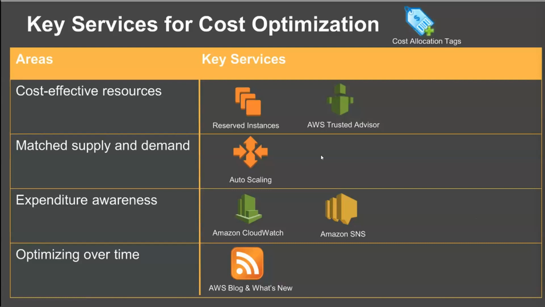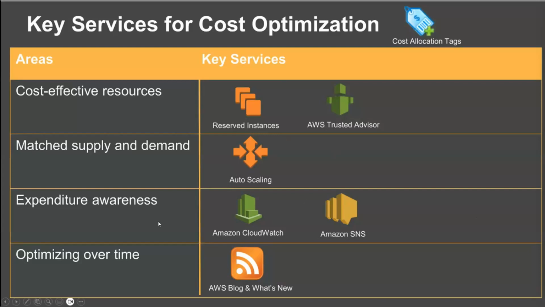So what an EC2 Optimizer does is it checks your workload running on the EC2 instance. It looks at the CPUs, the RAM, and the storage, and it will advise you if your instance is under provisioned or over provisioned. Then it will give you a recommendation of the right instance to use, and definitely that will help in cost optimization. Then definitely auto-scaling group, you can leverage auto-scaling group to match your supply and demand.